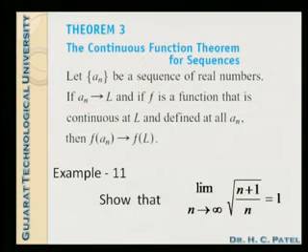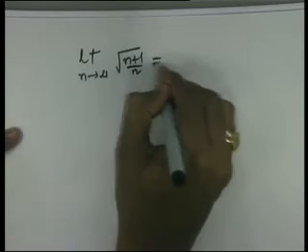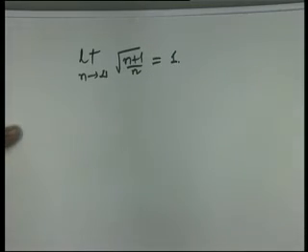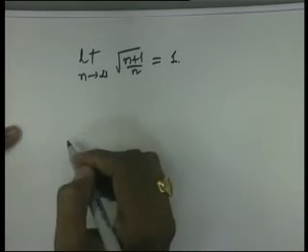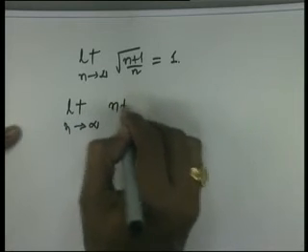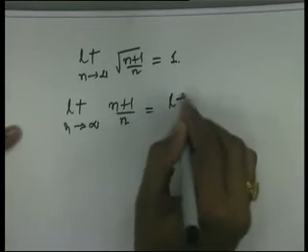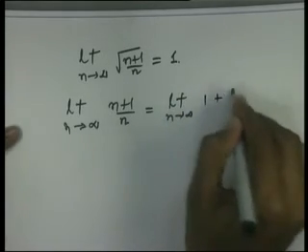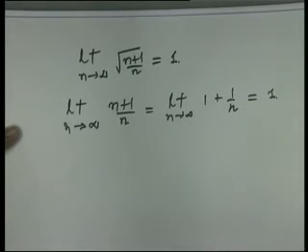Suppose we have to prove that limit n tends to infinity root of (n plus 1) upon n is equal to 1. So on the tabletop, we have to prove this. How can we prove it, or evaluate this value 1? We know limit n tends to infinity of (n plus 1) by n is limit n tends to infinity of 1 plus 1 by n. When we apply the limit, this is only 1.